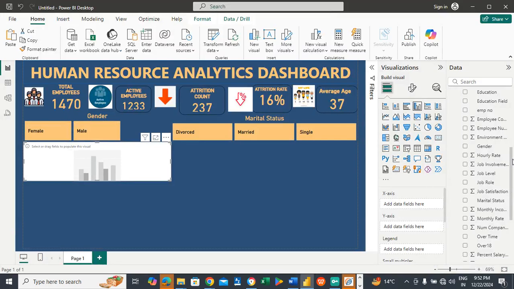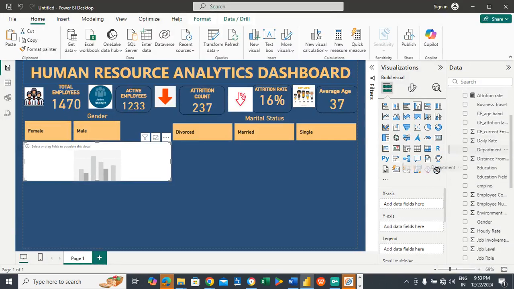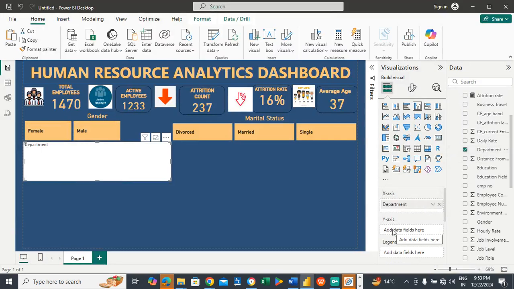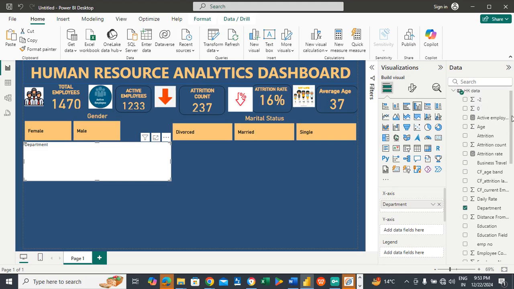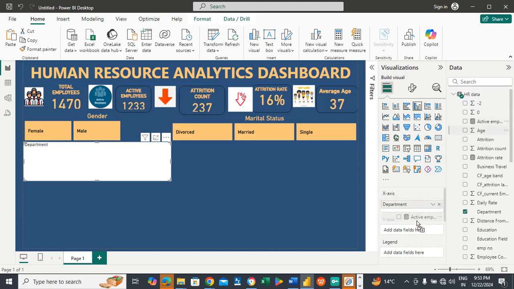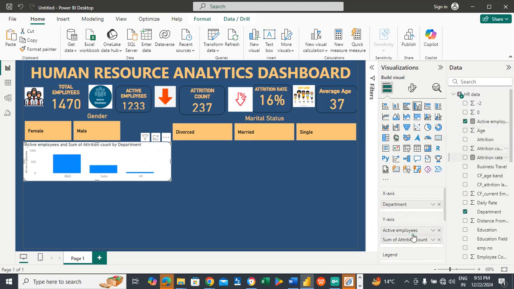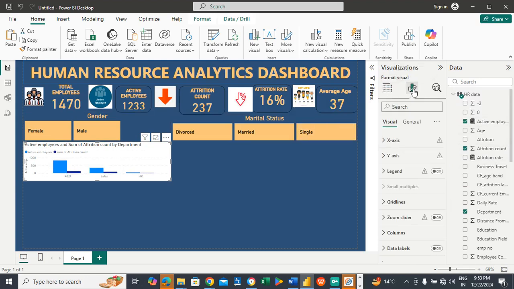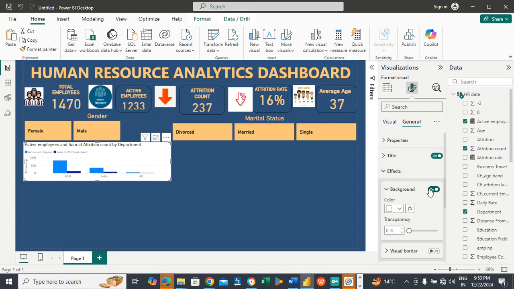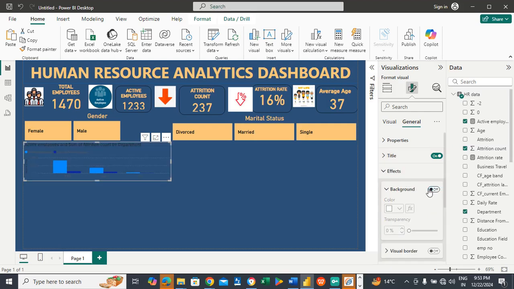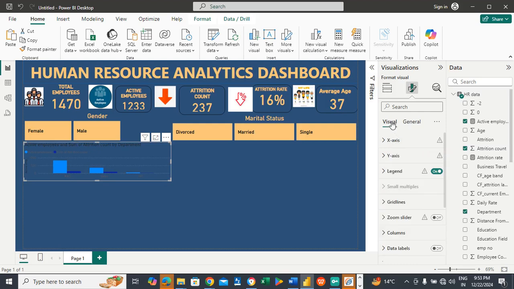by department. So in x-axis we'll place department. I'll scroll upwards in the data set. Place department in x-axis, and in y-axis we would select two attributes. One is active employee and the other one is attrition count. Okay. Click on format a visual, click on general, click on effects, turn off the background,